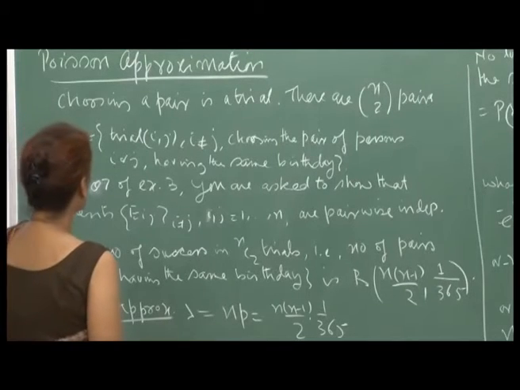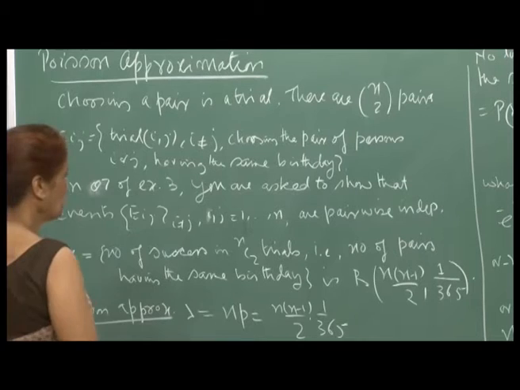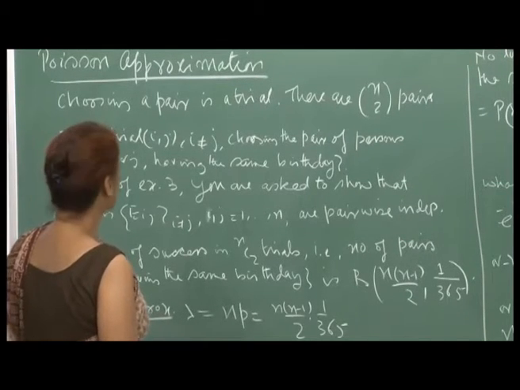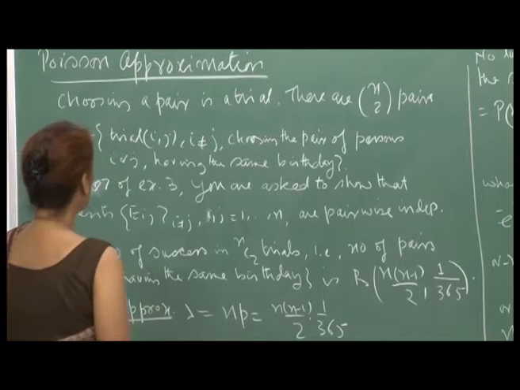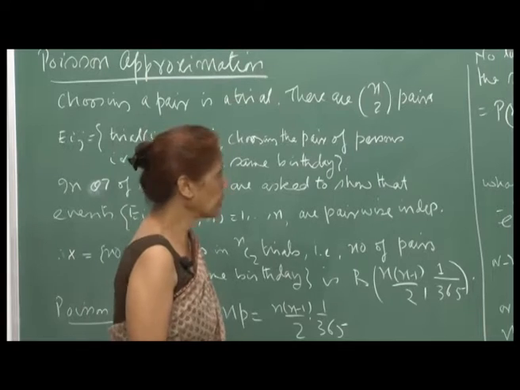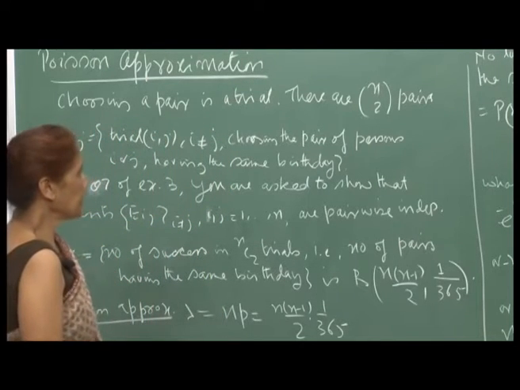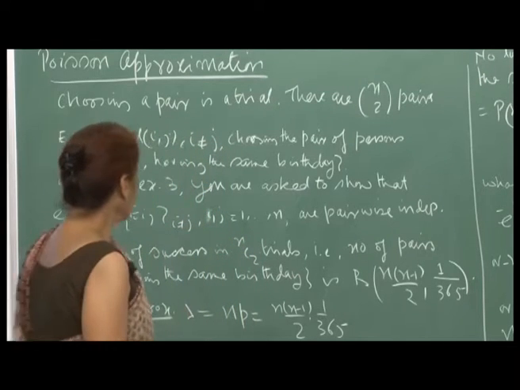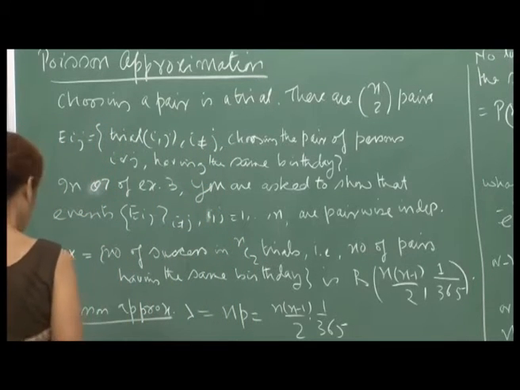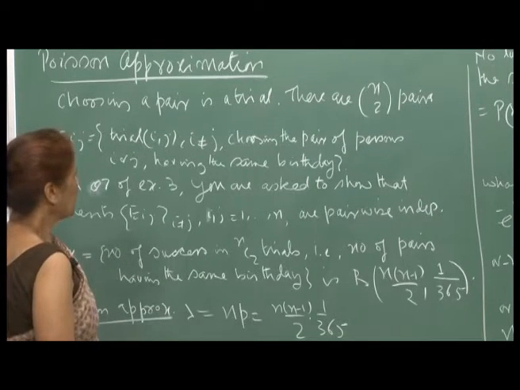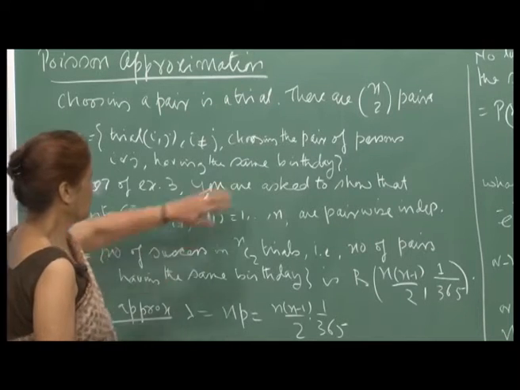So, let me continue with the Poisson approximation of what we discussed, the common birthday problem. Suppose choosing a pair is a trial, choosing a pair of people who are present in the room. Then there are nC2 different pairs that I can choose. Now, consider E_ij as a trial, i not equal to j, such that,